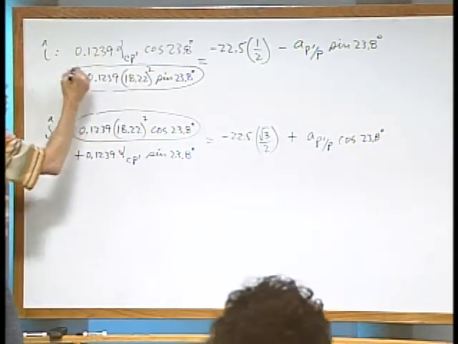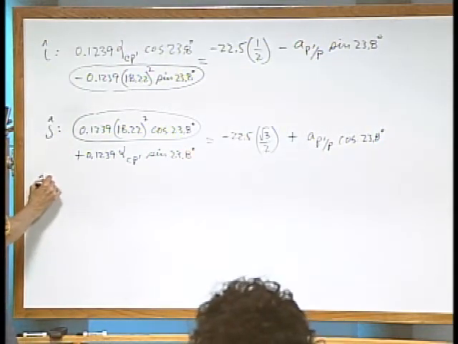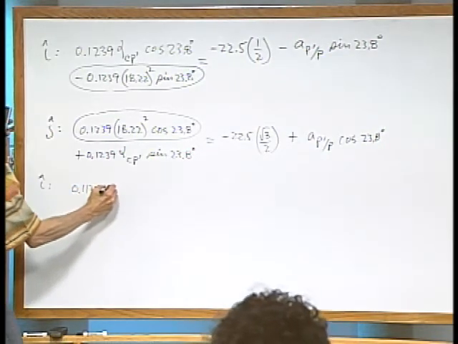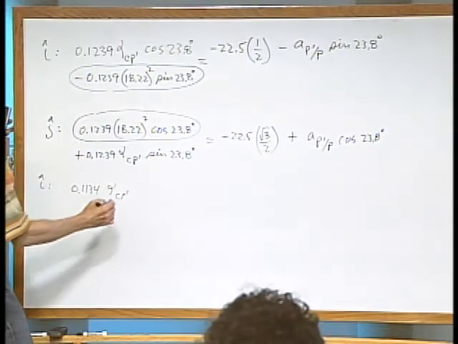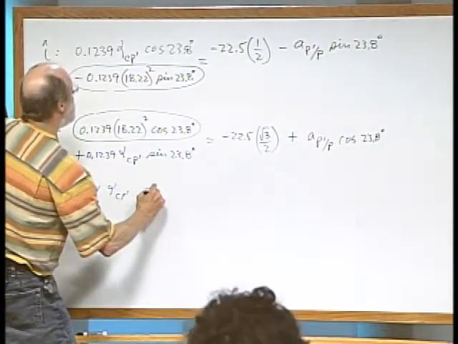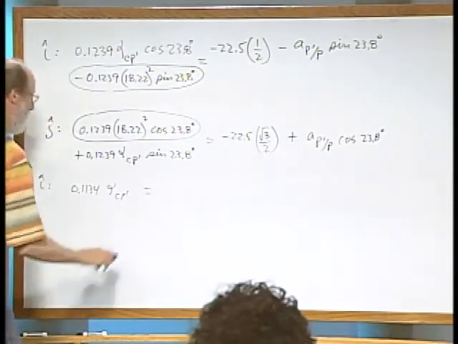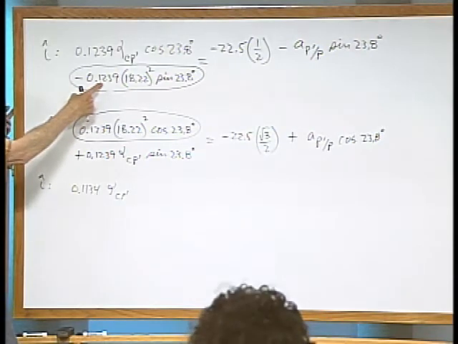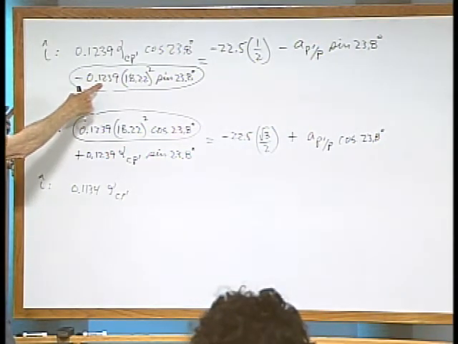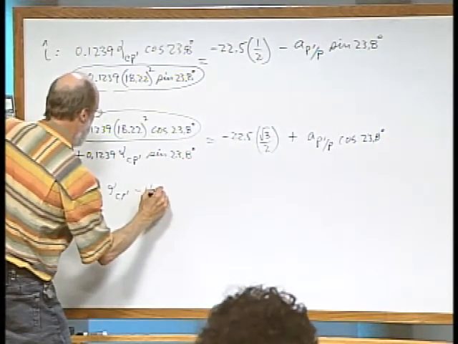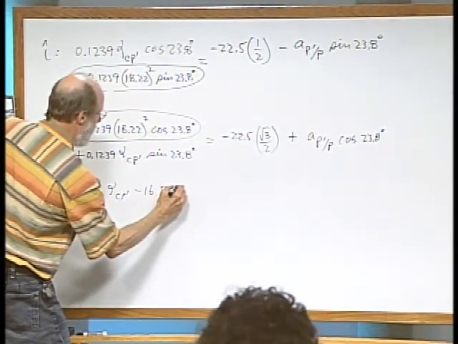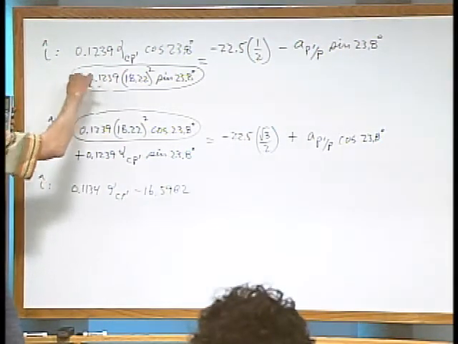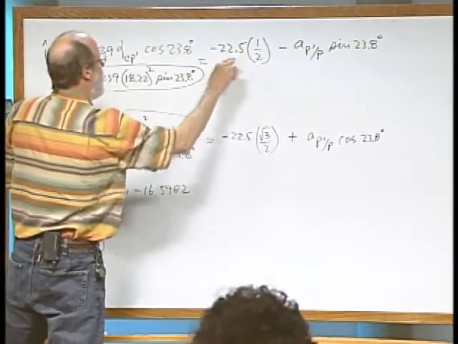This value, okay, so let's see. If I redo my I stuff again, I have a 0.1134 alpha CP prime, and that's equal to, on the others, I'll hold it. What was this value? Negative 16.59. People agree? Yes. Okay, negative 16 point what? 5982. 982, okay. So we have that left side stuff, and then over on the right side, it looks like a